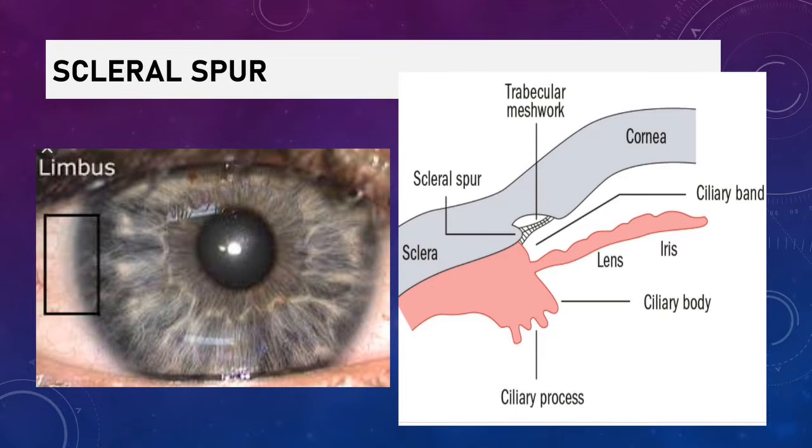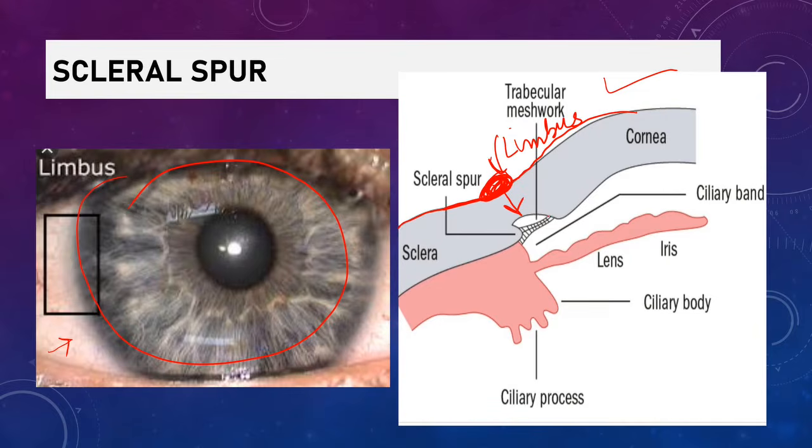To understand the anterior chamber and its angle, it is very important to understand the concept of the scleral spur. In this diagram, as you can see, this is the cornea. The junction between the cornea and the conjunctiva or the sclera is called the limbus. The cornea ends at the sclera at a point called the limbus. So externally what we see is the limbus. However, internally inside the eye,